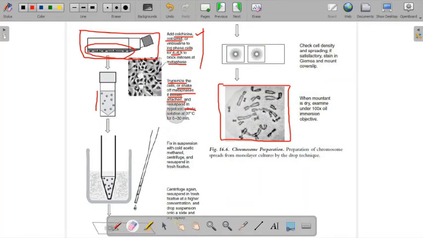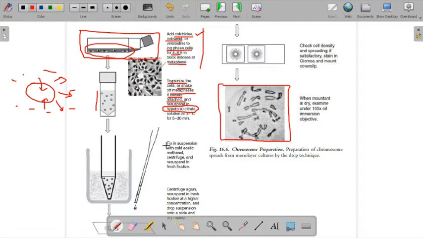Now, very important: why are we using a hypotonic solution? Because you all know that a cell maintains its osmotic balance. If we provide a hypotonic solution around it, the cell swells up. Once it absorbs ample water from the outside, it swells up so that we can get a proper nucleus out of it.